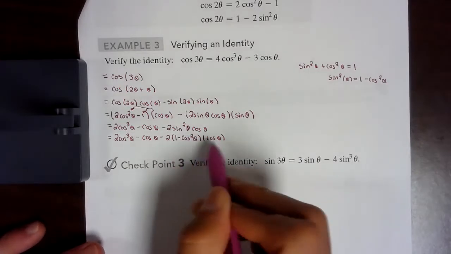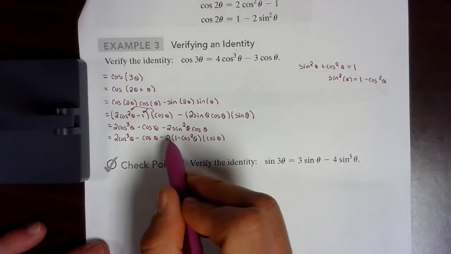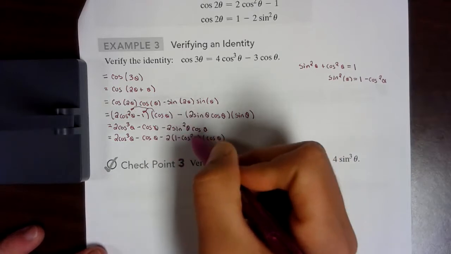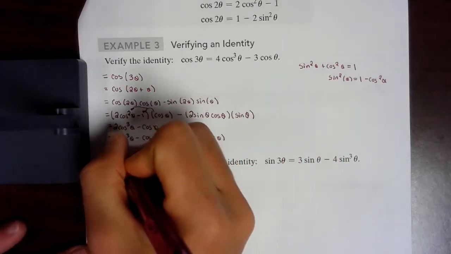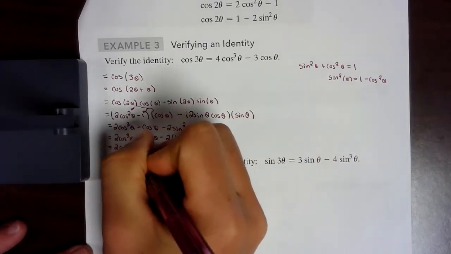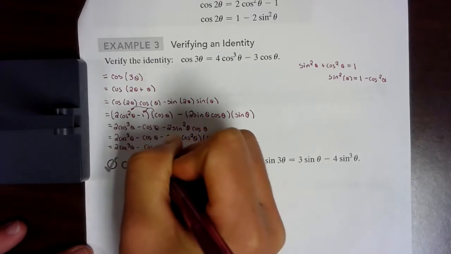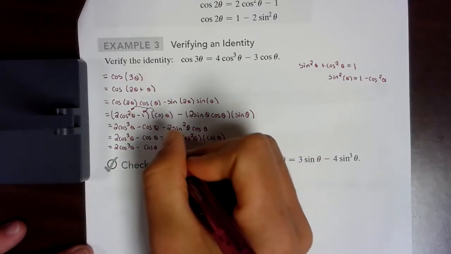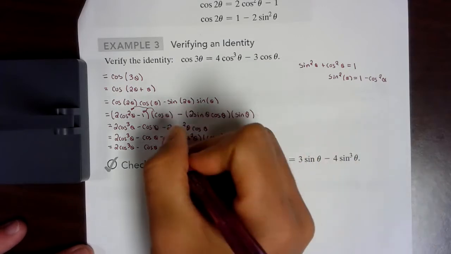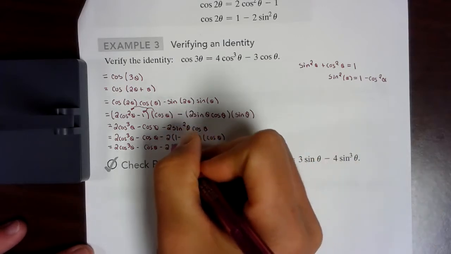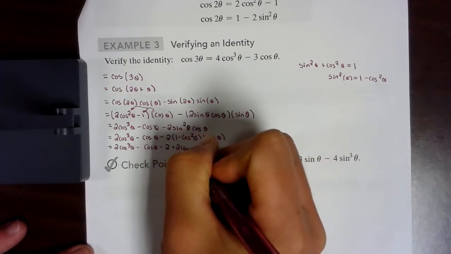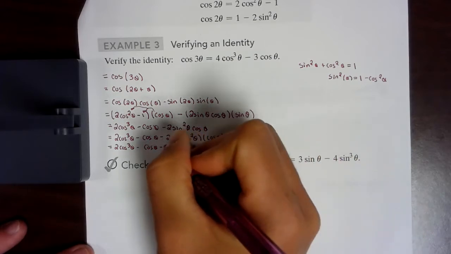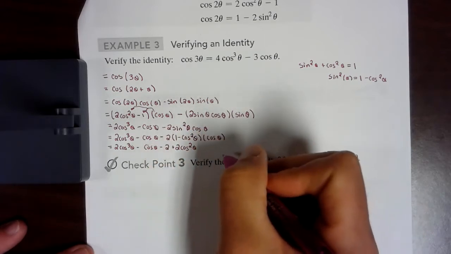So we've got a bunch of things being multiplied here, and let's go ahead and multiply. We can do this in a couple different orders. I'm going to distribute the 2 into those terms first, and that's all I'm going to do in this next step. So this is minus 2. Actually, -2 times 1 is -2, and then -2 times negative cosine 2 of theta is a positive 2 cosine 2 of theta. And all of that still needs to get multiplied